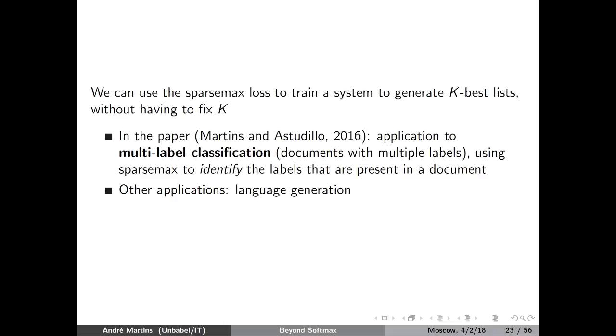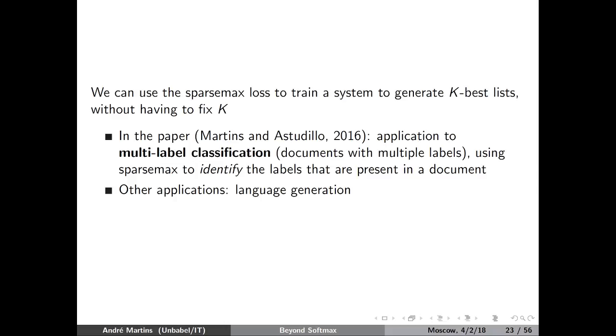So you can assign more than 1 label to that document. One way of doing that is to use this Sparsemax loss function that is going to predict some probability. It can say that, okay, this document is 70% about sports, 30% about politics, and 0% about anything else. So you can just take the non-zeros and state that these are the topics that the document is about. And this was the task where we had to scale up that coefficient, the scale factor that was multiplying z, so that you can get something sparser at test time. So this is basically the question that you were asking.